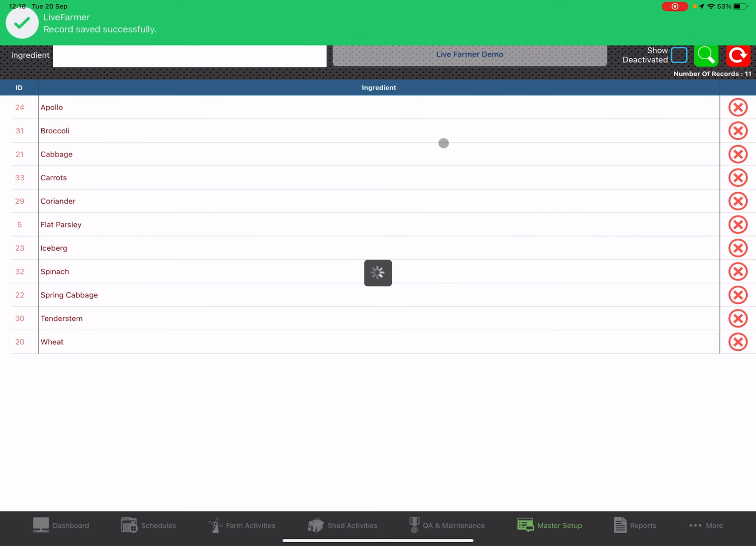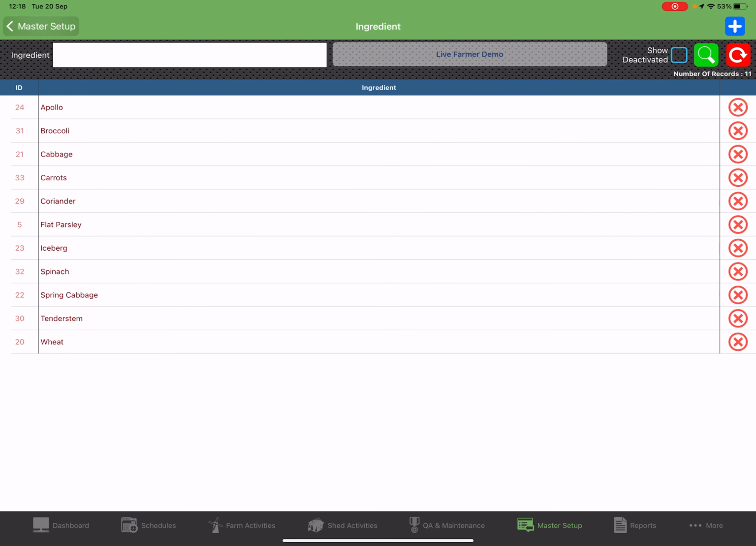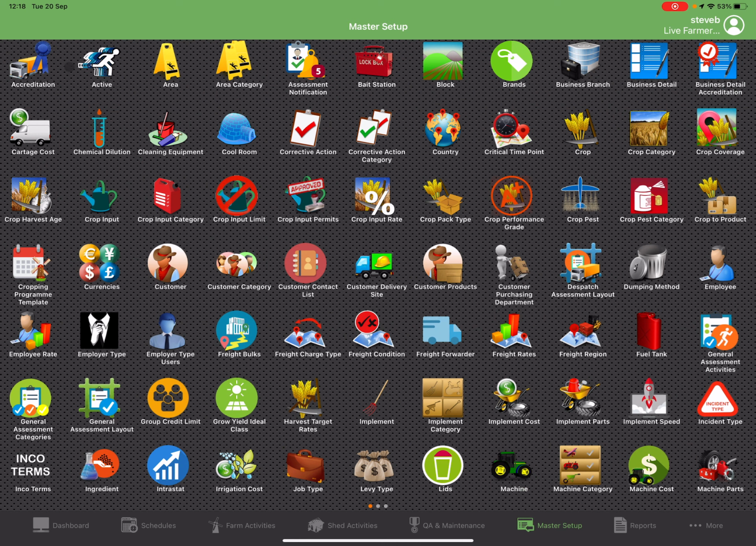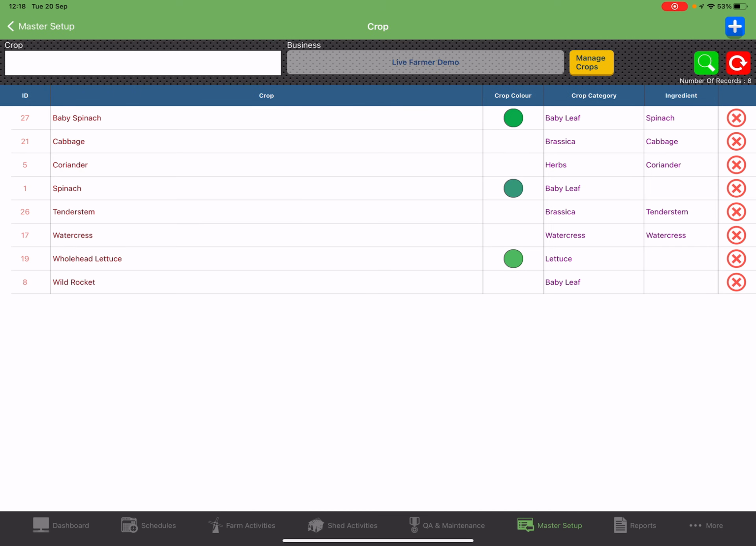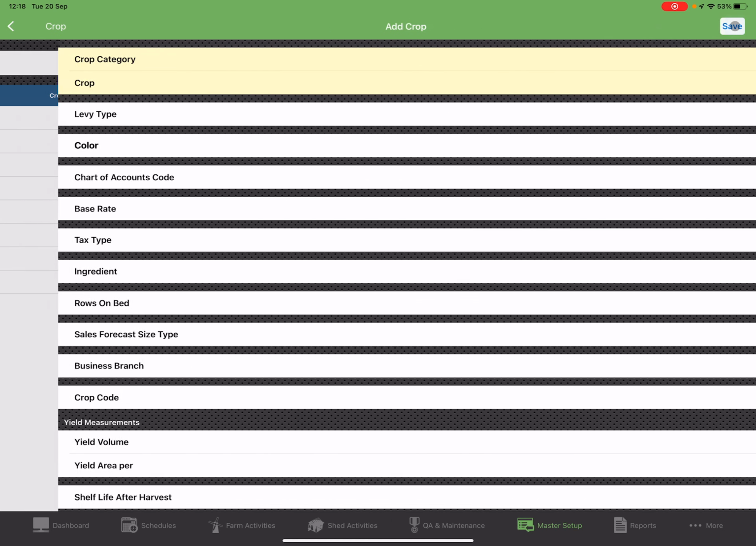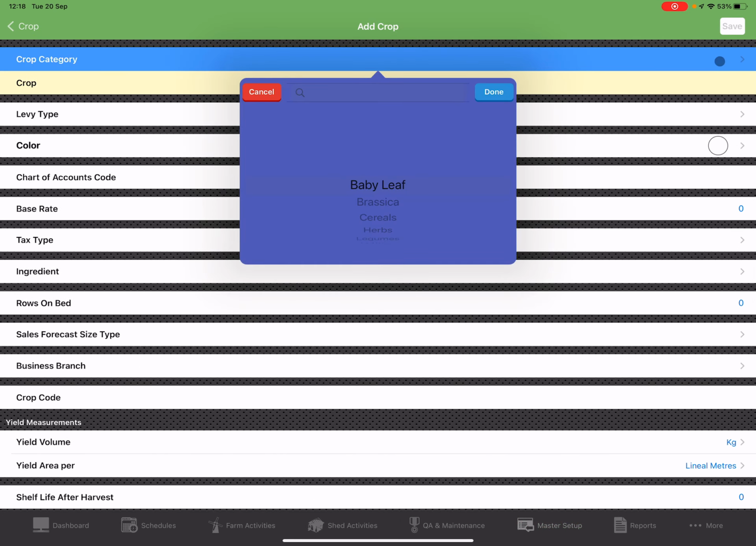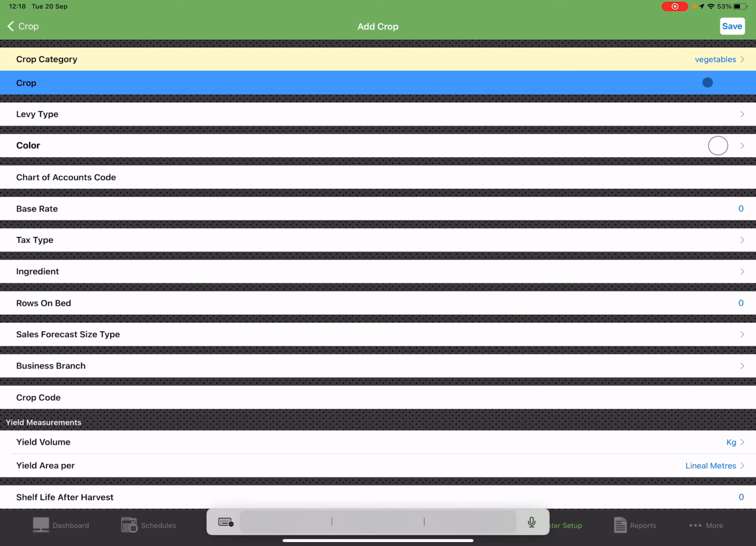So I'm just going to call that carrots and just save it. So I go back to master setup and I can now go into my crop. So I add a new crop. So the crop category, vegetables, and my crop is